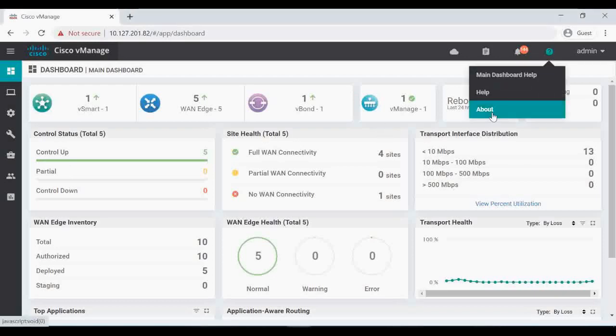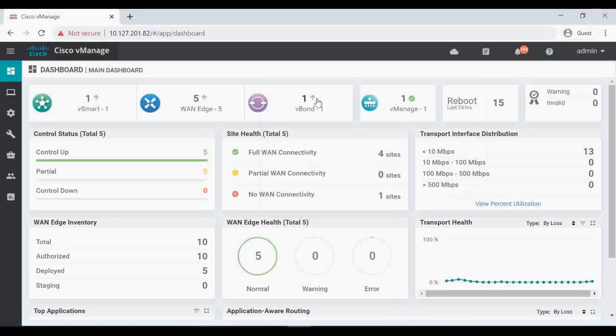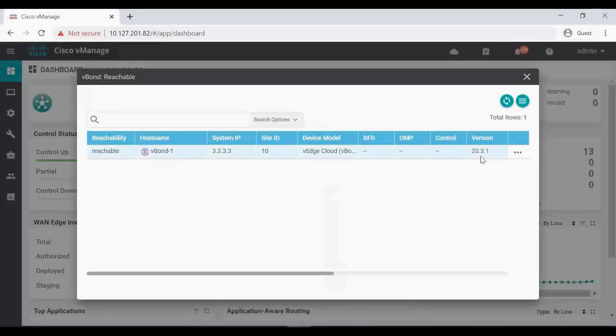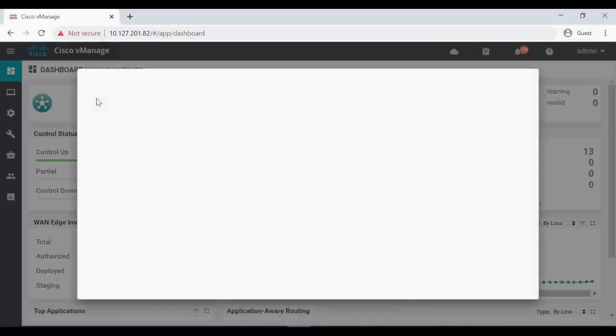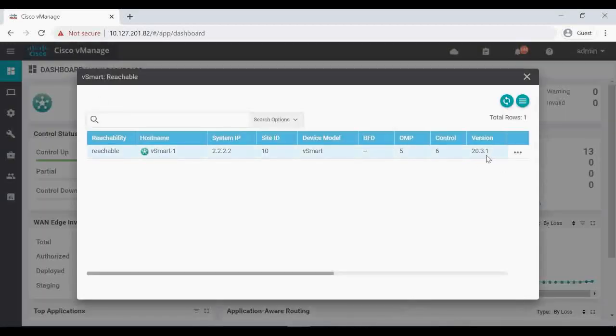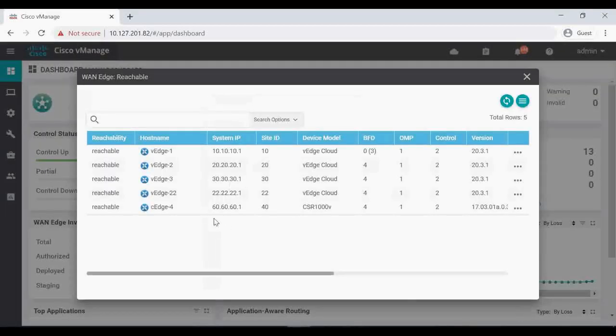First check the vManage. vManage is running 20.3.1, my vBond is also running 20.3.1, and my vSmart is running 20.3.1 as well. And let's go to the edge devices. I have four vEdges that are all running 20.3.1,